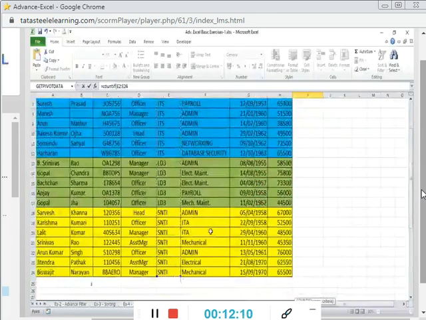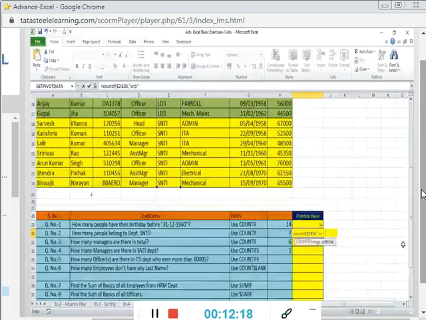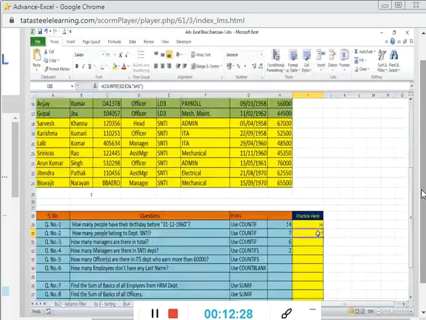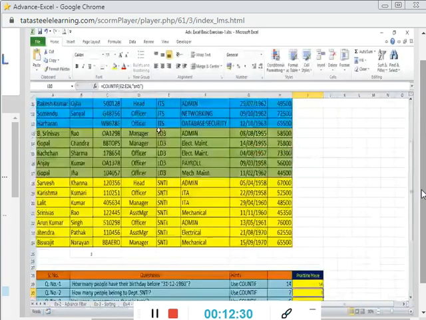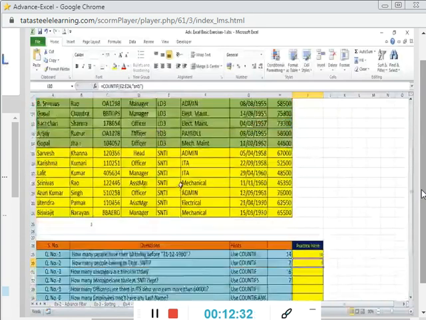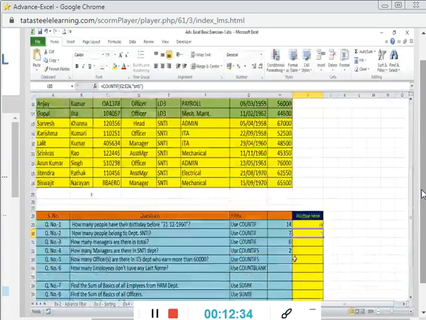Put a comma and within the double quotes write SNTI. You can write in small or capital, doesn't matter. The result will be the same. Close the bracket and press enter key. So the result is there are 7 people belonging to SNTI. You can cross check the result going to the database if your answer is correct or not. Alright.